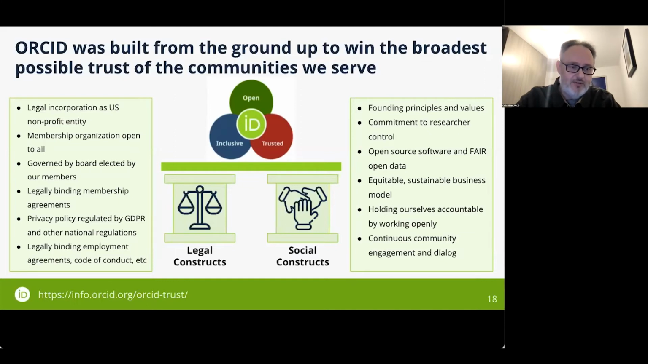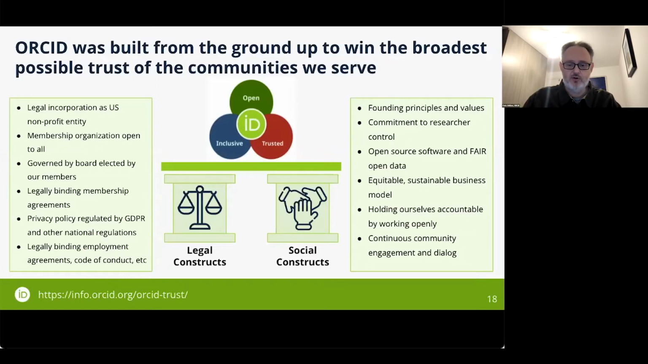Our bylaws and our constitution ensure that we're openly and fairly governed by our community. And also, we're very serious about taking privacy regulations seriously, especially in Europe, where there's some pretty tough legislation. But equally as important are our social principles and our public commitments to the community, which are embodied in our founding principles,